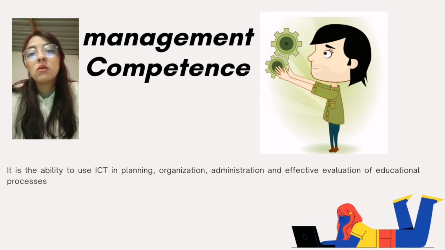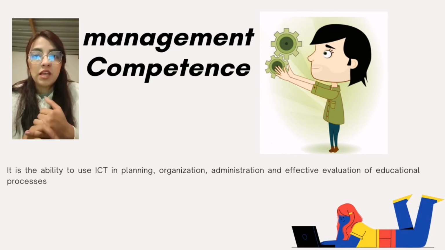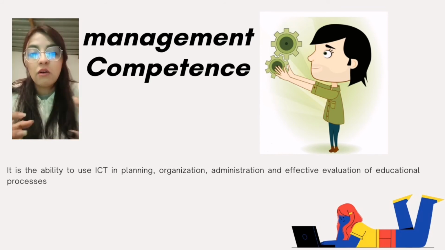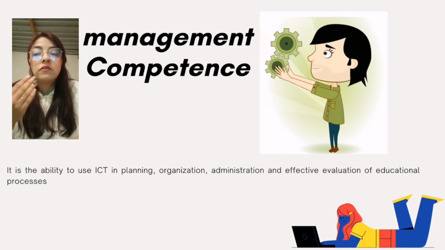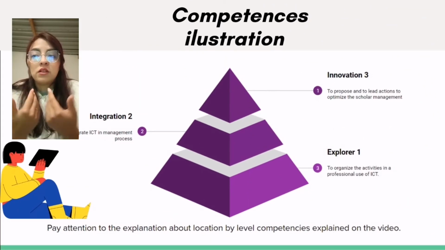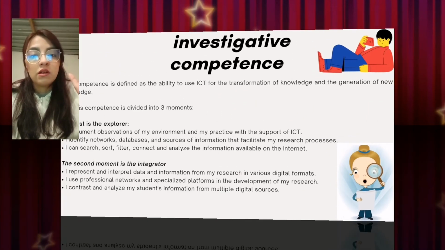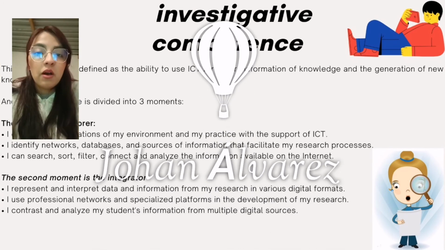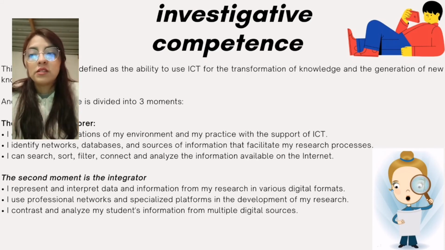The second one is going to be to integrate the ICT in the processes of the administration of directive management, academic, administrative, and of course connected with our institution. So in this part we're going to propose and we're going to develop some processes about how to improve and to follow up the ICT tools and the use of them. So we are going to select and choose some programs about how to form appropriately about the needs we have. And the last one is to perform and to lead the actions to optimize the processes.